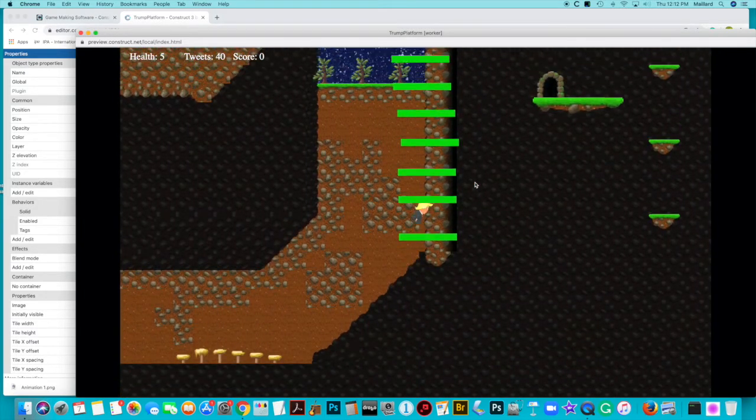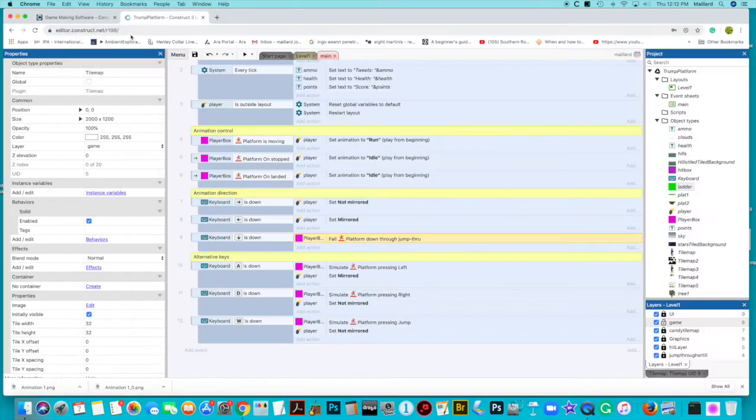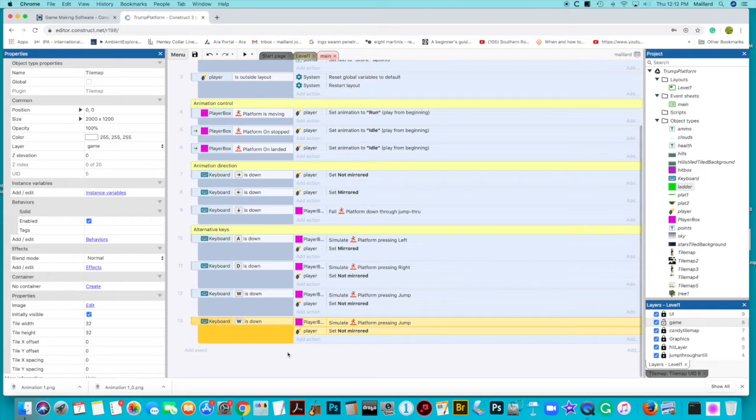Cool, good. So that's pretty good. Now we just need to do the other keyboard command, and we can just simply copy the keyboard command and paste it. It's useful having these notes here because at least I can see where everything is, because things can get complicated. So keyboard,